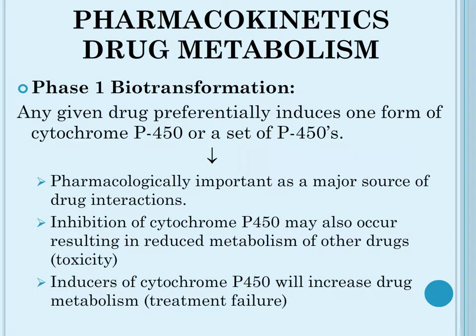Phase 1 biotransformation involves the complex enzymes of the cytochrome P450 system. In reality, the cytochrome P450 system set of enzymes are highly inducible, or they can be inhibited. There are 17 families, about 39 subfamilies, and genetic polymorphisms do exist. Basically, the drugs may be metabolized by a particular cytochrome P450 system or a whole group of the cytochrome P450